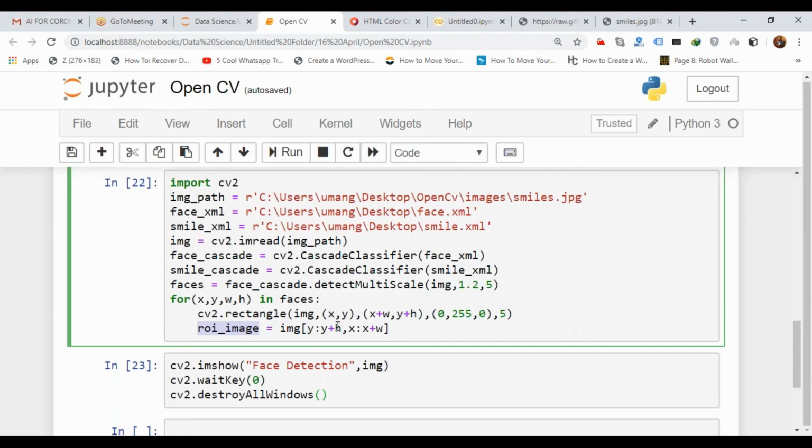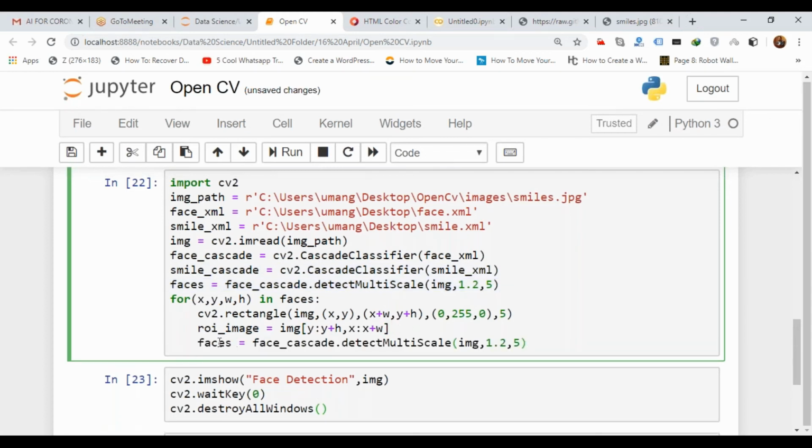So we will now apply the smile algorithm to this image. I will apply this code here in the place of smiles. I will write smiles equal to smile_cascade, and here you type roi_image. Now let's take the scale factor as 1.8.